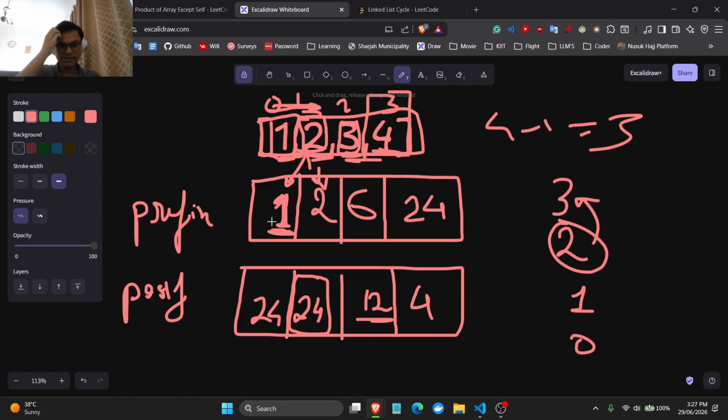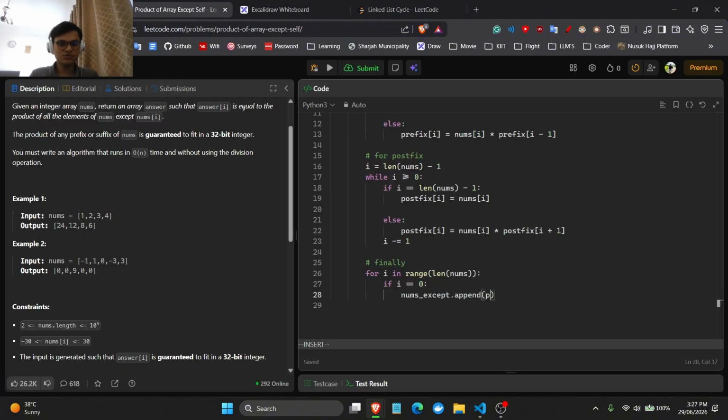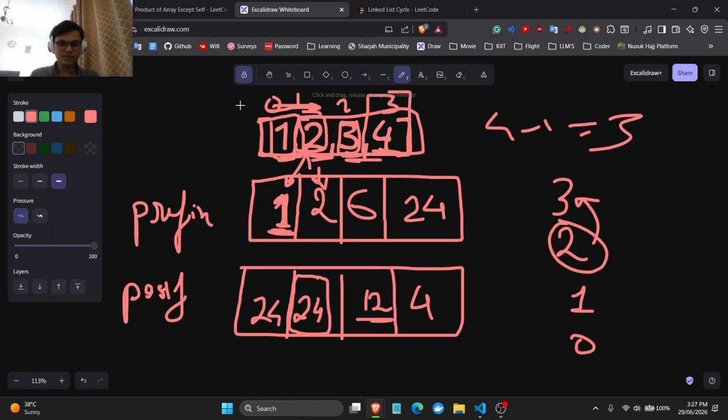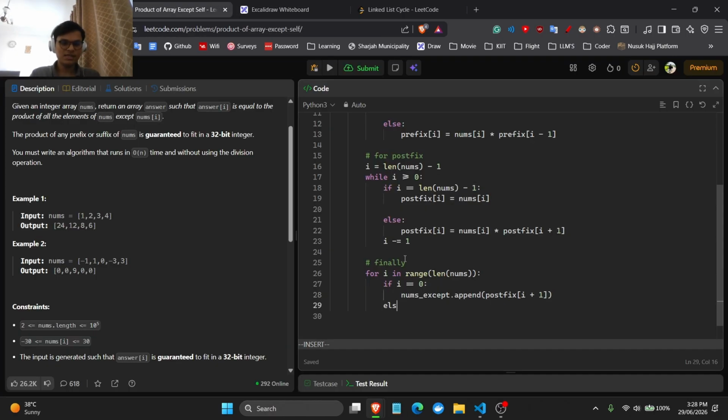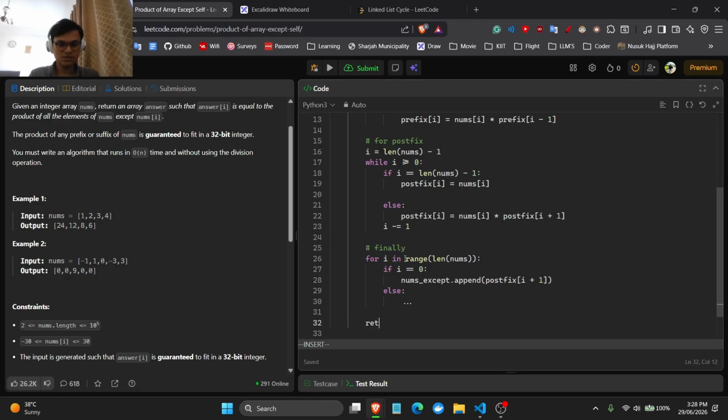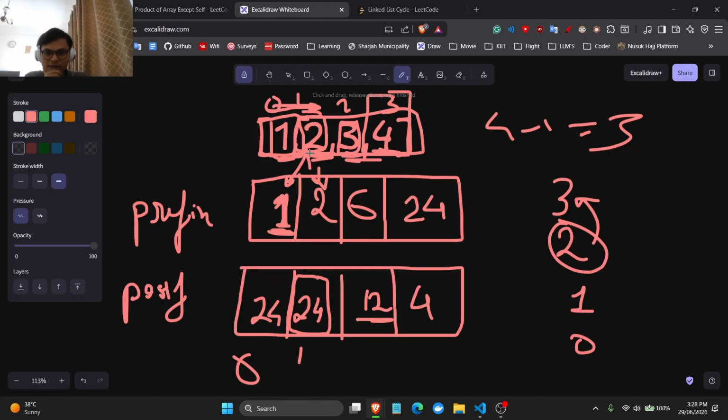Because हमें निकालना है इसका, we will essentially just do postfix of i plus 1, because ये i है तो इसका ये हम लोग को 24 दे देगा, that is great. Else, or let us just return nums except also. Okay, now 2 पे आए,